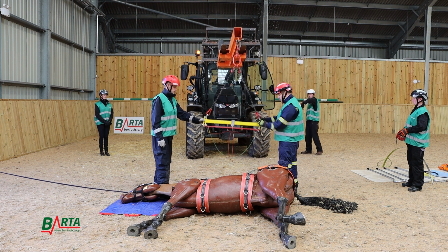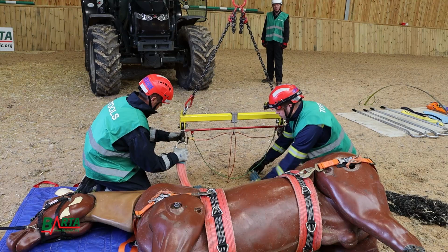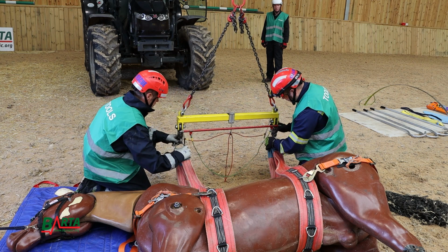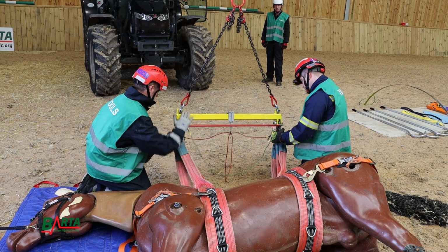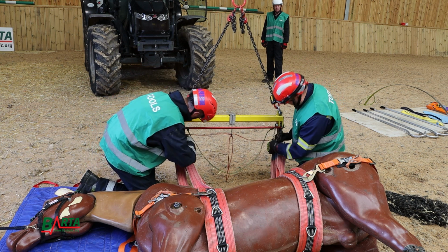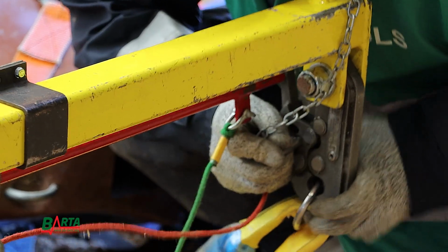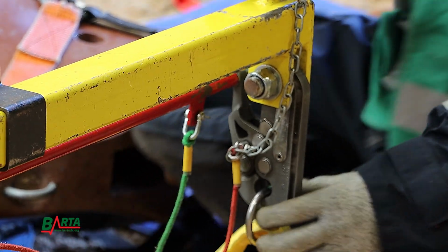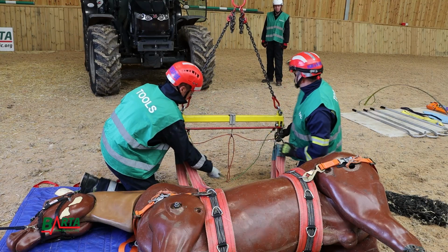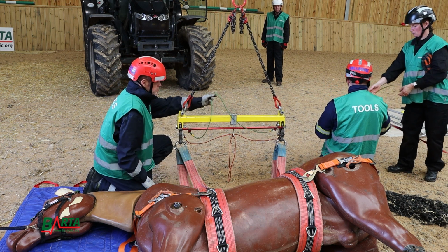Position the spreader bar low enough to attach the strop rings and behind the spine rather than across the torso. The C-catch mechanisms allow one side of the harness to be fitted at a time, or simultaneously if sufficient personnel are available. When using the rescue harness strops, close the jaws and insert both safety pins from the inside. The red and green safety and release lines can be attached and the team member assigned to them